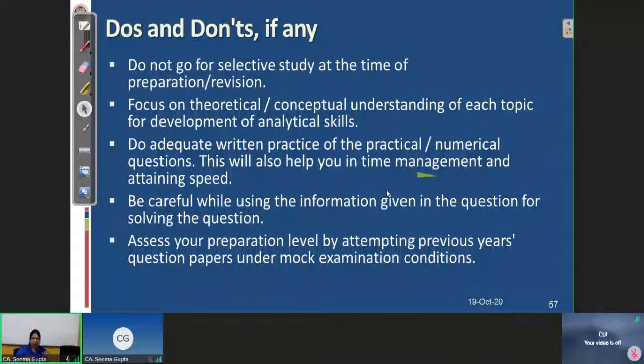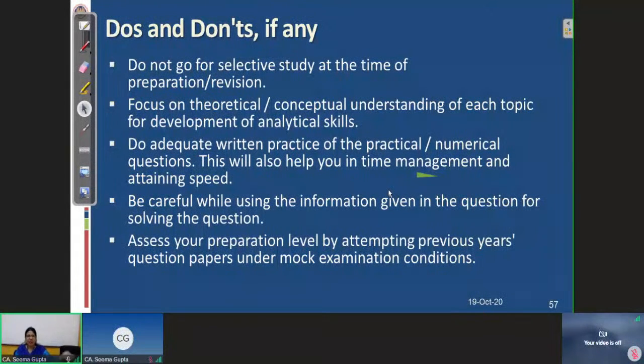So if you have done 25 to 30 questions of each particular topic, why we are saying it again and again, then whatever type of question you will be asked in the examination will be somehow similar to the question which you have already done. It will not appear to you as a new question. Rather, when you solve it, you will see that it is a similar type of question.